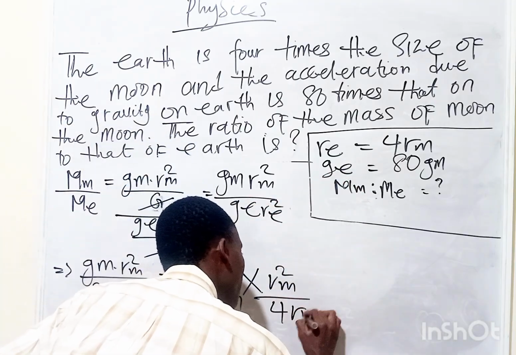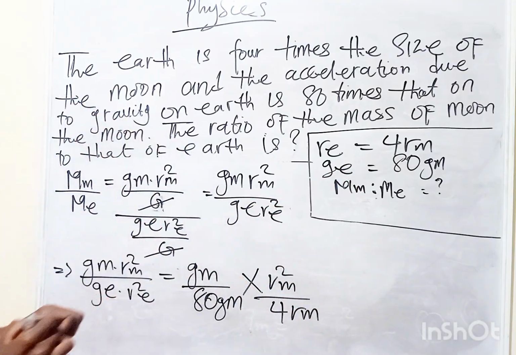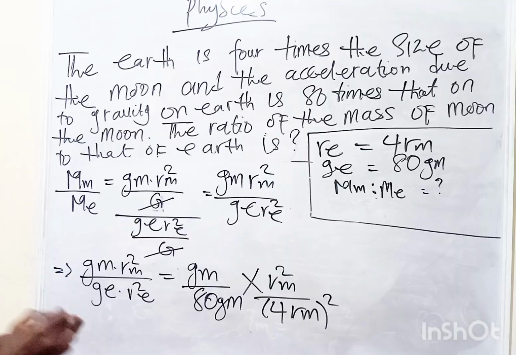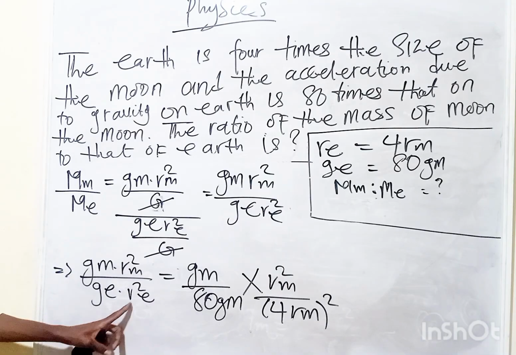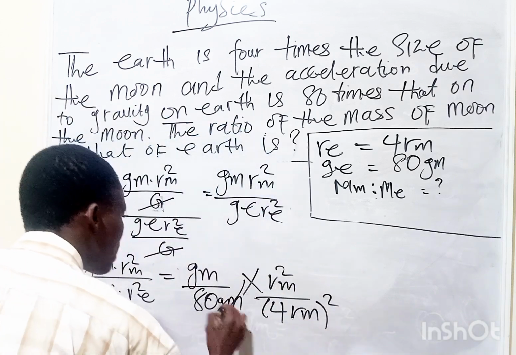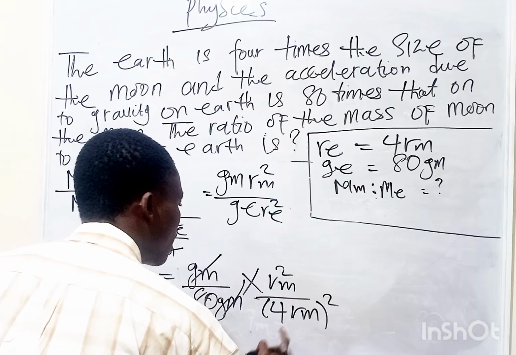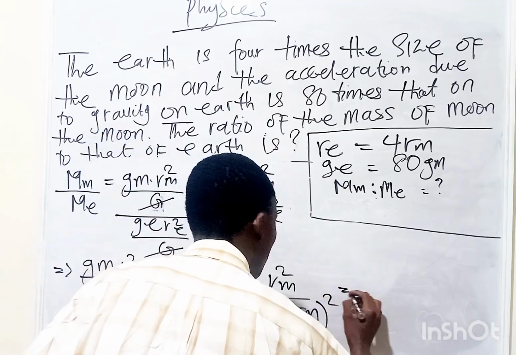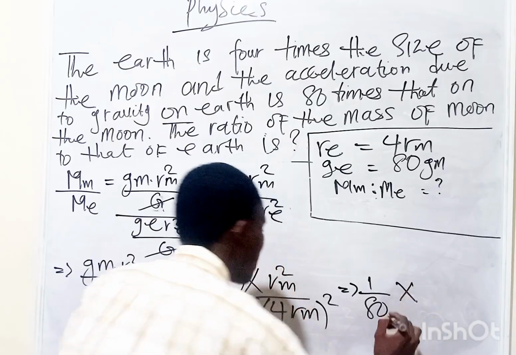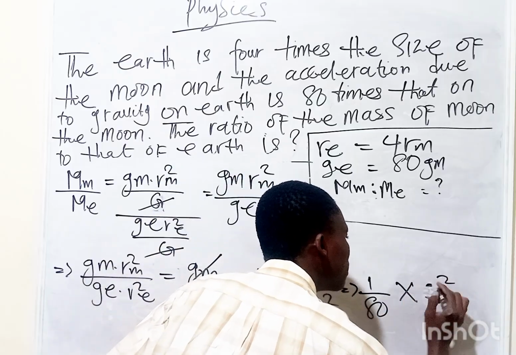So this is 4 RM, all squared, because of the square there. All right, so from here, this can cancel out this, clearly. And if we simplify this, we have 1 all over 80 times r_m squared all over